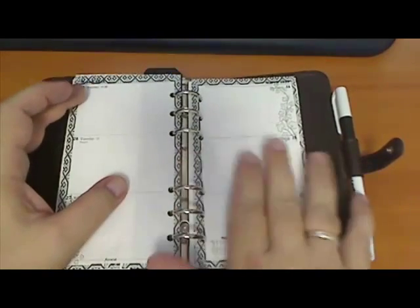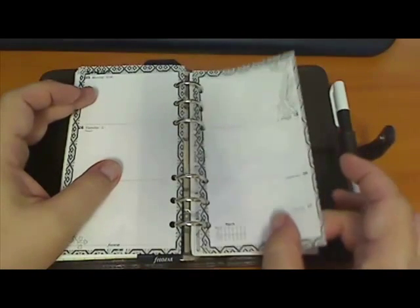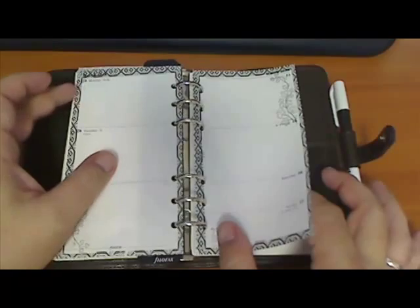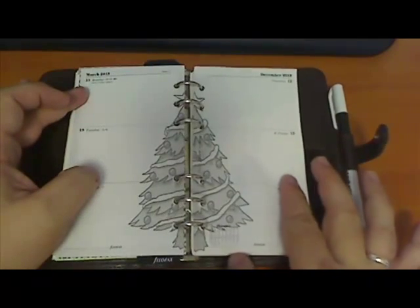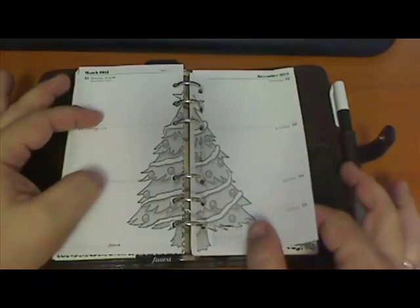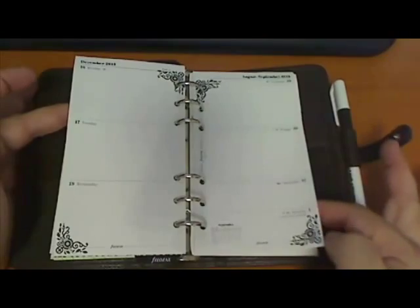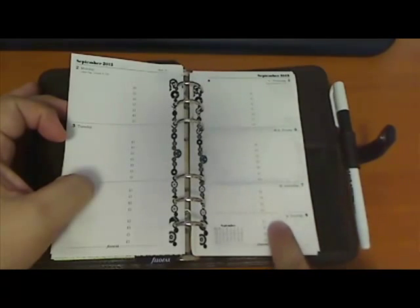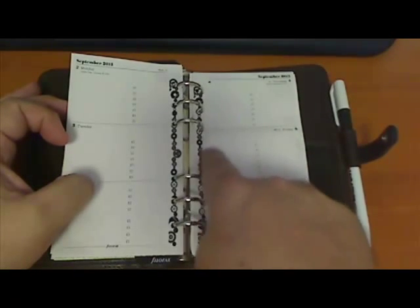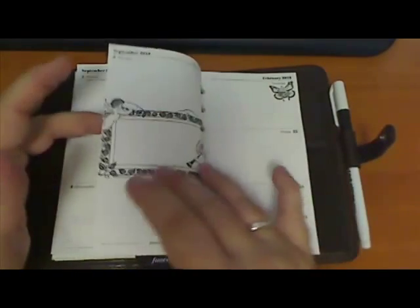So just a little recap, if you haven't watched the other video, is that I've just showed a few pages that I have printed directly through my printer, just to embellish the pages and make them just a little bit better than the plain black and white with lines and words. So there's a nice festive one. There's the small corner decorations if you don't want to impose too much on the pages. I've got some checkpoints if you're into bullet journaling, and also just some steampunk sort of decorations there,